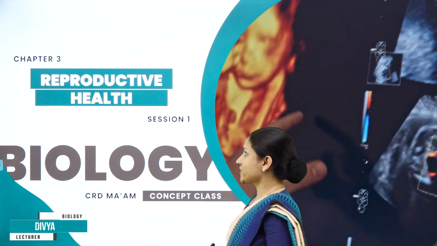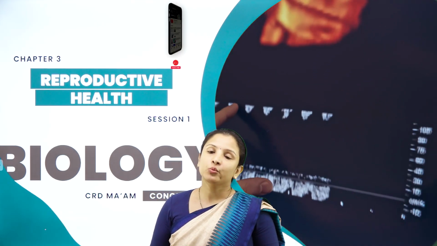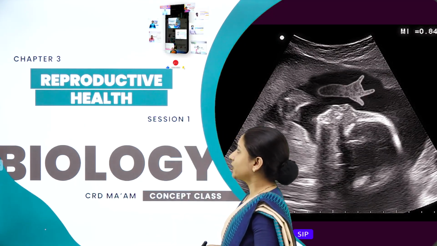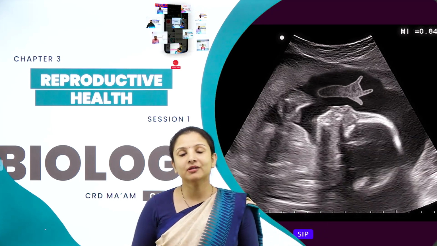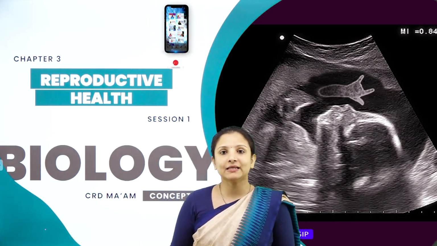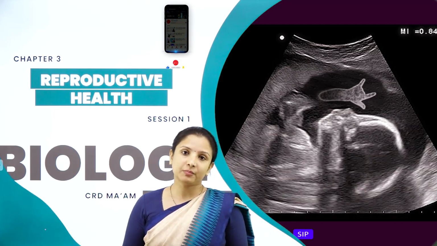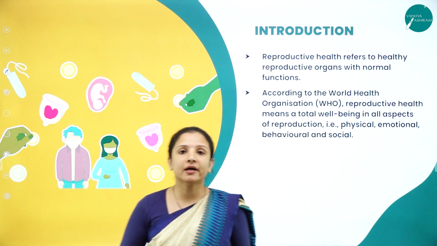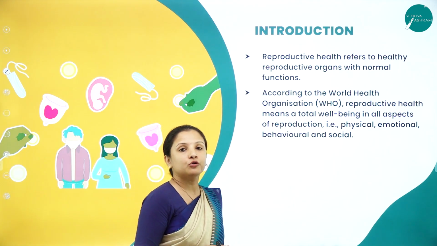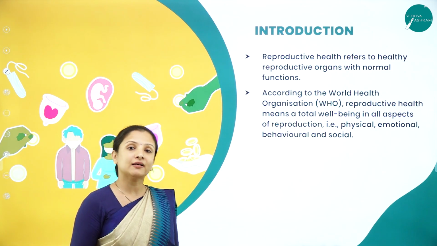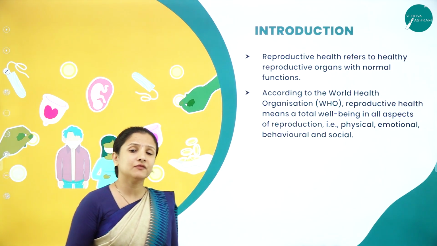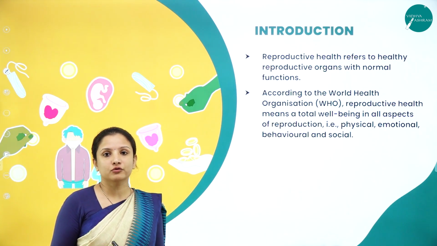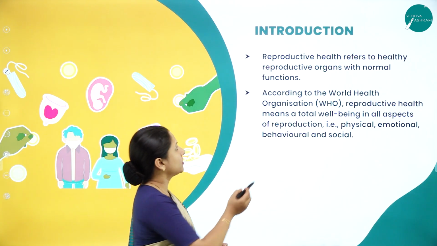In the previous session where we had done chapter 2, we discussed the reproductive structure, that is the male and the female. From this chapter onwards, we will learn about reproductive health: how healthy the reproductive system of the male and the female is. The entire chapter is based on how to improve reproductive health, the factors that affect it, and, if reproductive health is affected, the different technologies that can be followed to assist fertility. So all that we can study.